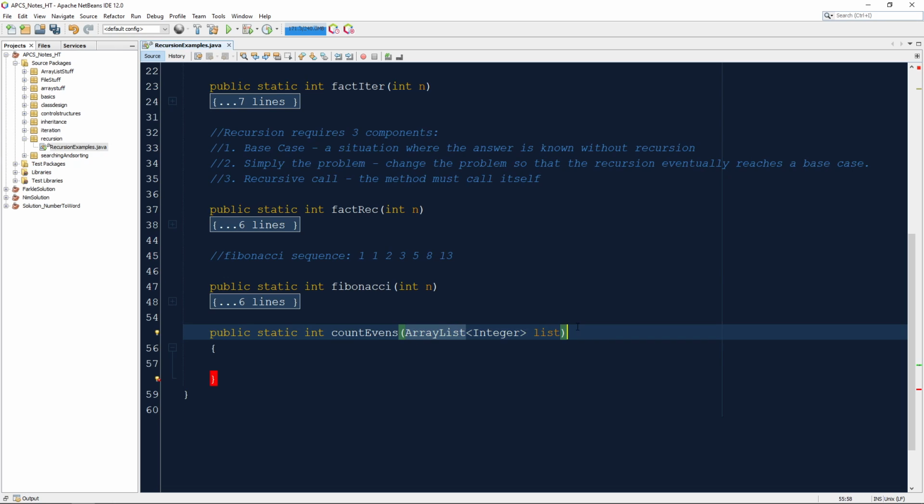So what we're going to do is we're going to make what's called a helper method. This is a method that is only intended to be used within the countEvens, and it is the one that does the actual recursion and does the heavy lifting. And so here's the example we're going to make. We're going to go ahead and do this. We'll say,